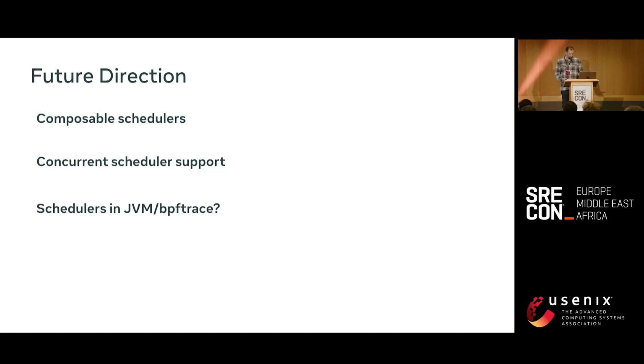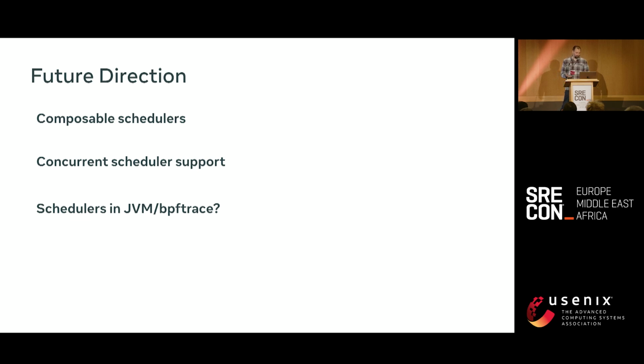So what's the future direction? We want to build composable schedulers to make it easier for people to write their own scheduler. There's a lot of copy-paste code in BPF that's kind of not great. So you end up having to implement different things. For example, SCX Rusty implements load balancing. Well, we kind of want all schedulers to have load balancing, but we don't want to copy-paste all that code. So there's a lot of work that needs to be done to refactor the code base to make it easier to just kind of plug and play